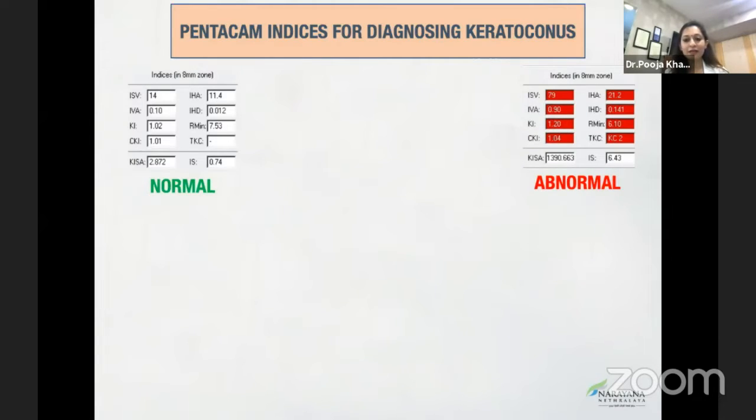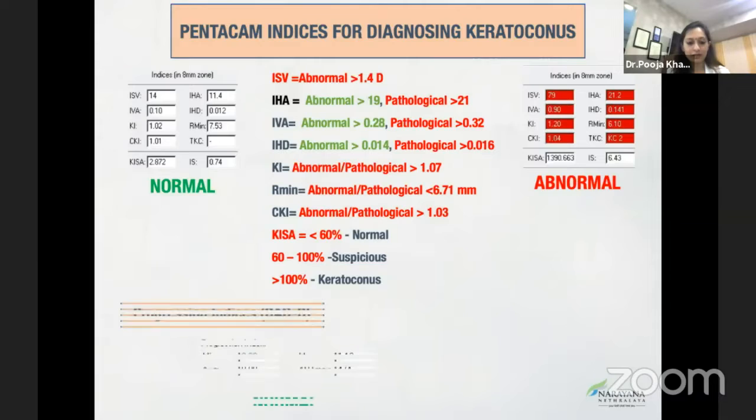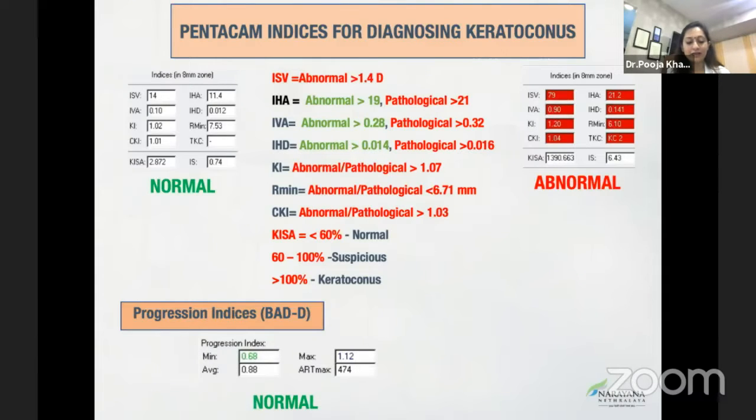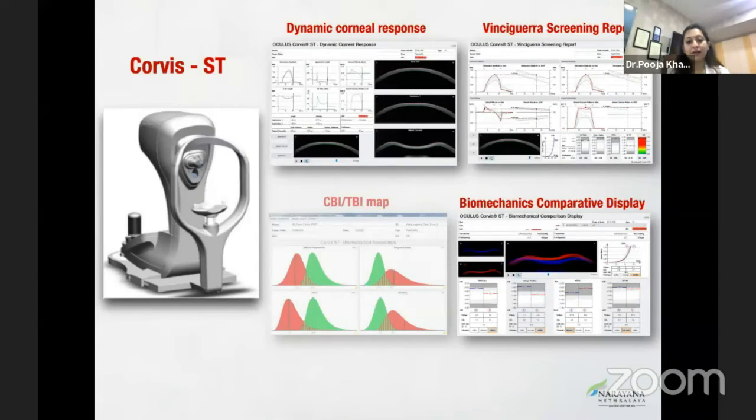So Pentacam has normal and abnormal indices for diagnosing the suspicious cases. These are the ones whose values we need to know, and which we need to look into when we are looking at a case. And then there are progression indices, which also tell you whether the case falls into a normal category or an abnormal category. So the topography indices are very straightforward, but a little bit of confusion comes in when there is